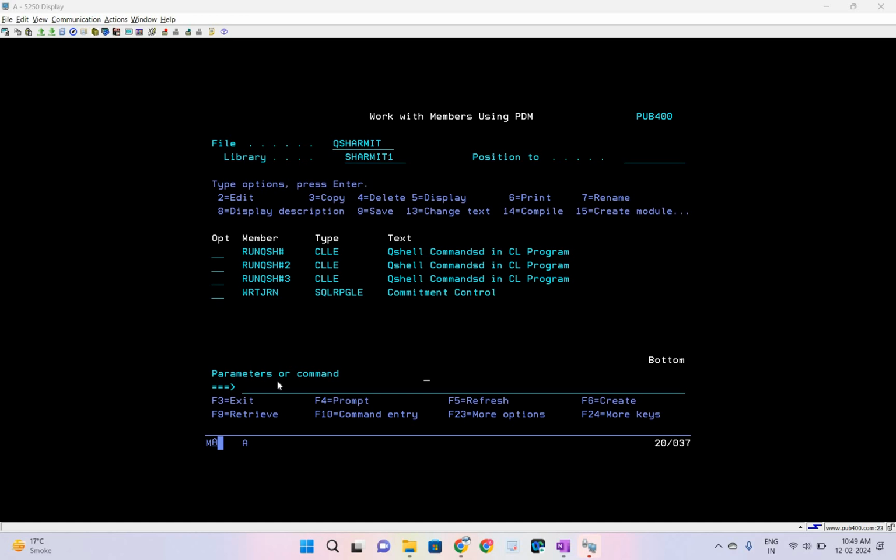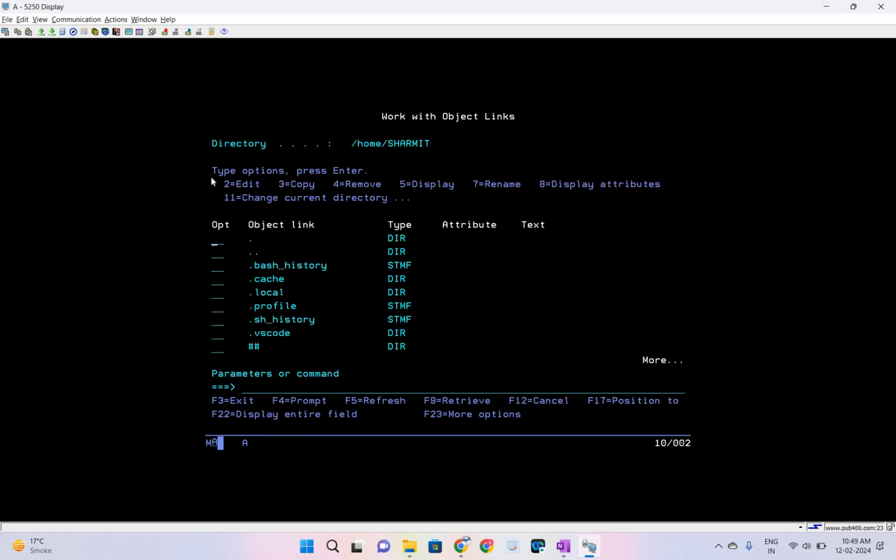So the first way is to use the WRKLNK command. You can simply write WRKLNK, then hit enter. Whatever directory you are seeing here is your present working directory, /home/sharmit. Okay, so this is one way, but this is not, you can say, the perfect way, because whenever